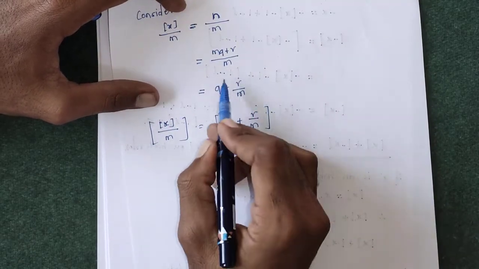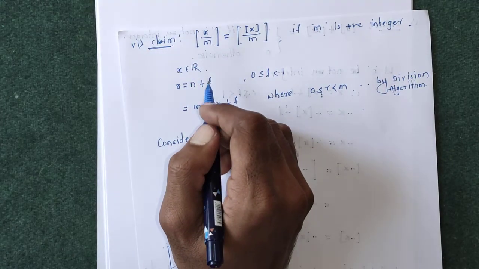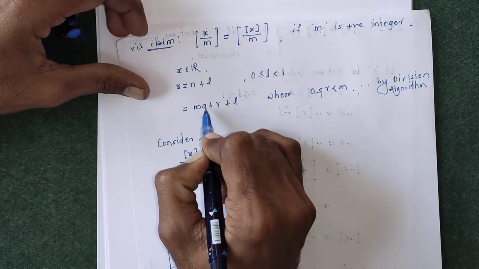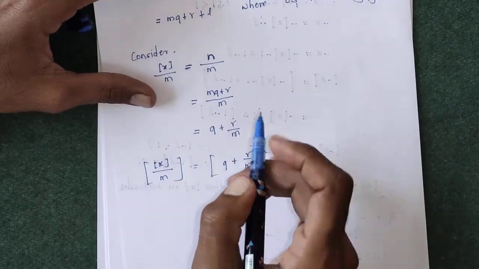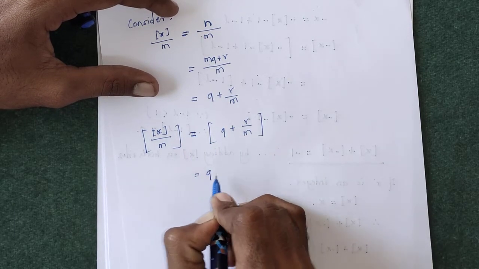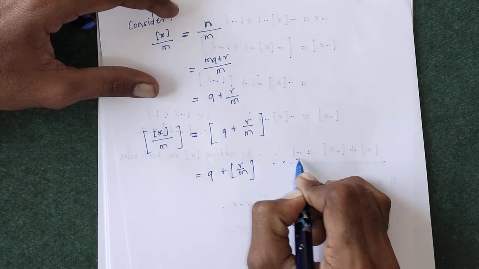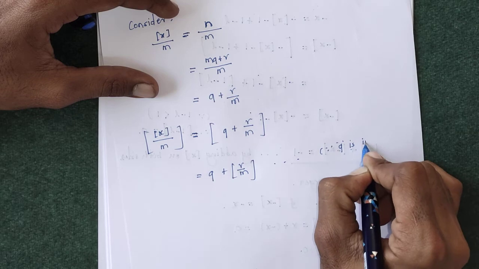Here q is an integer, since we have seen in the division algorithm that any number n can be expressed in the form of mq plus R, where q is an integer and R is also an integer. So the integral part of q plus R by m must become q itself plus the integral part of R by m. The reason for this step is that q is an integer,